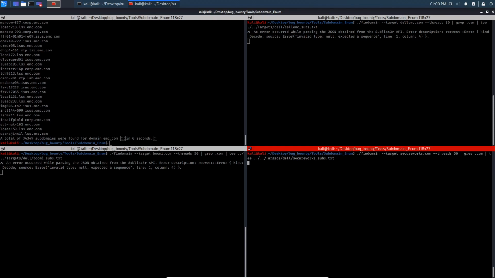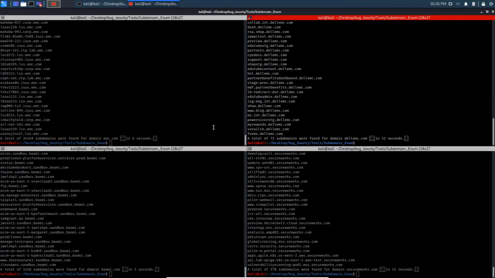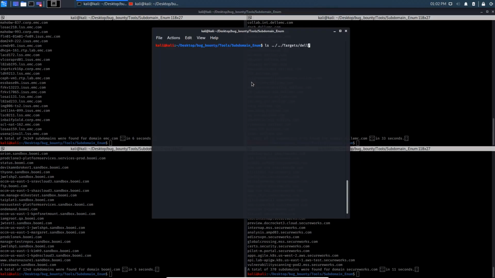We can see that a total of 34,349 subdomains are found under emc.com, 12,048 subdomains under boomi.com, 370 subdomains under secureworks.com, and we found 72 subdomains under dellemc.com. Now let's list out all the files under the target folder and check if the outputs are saved correctly.